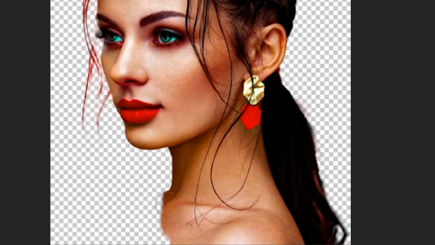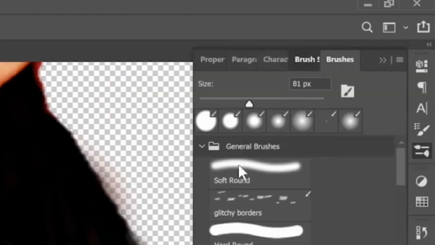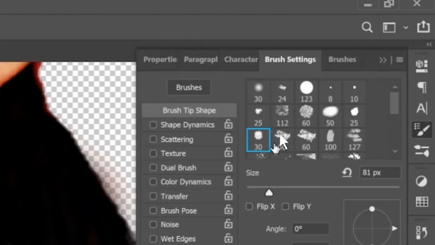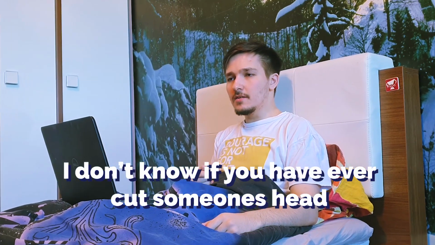Yeah, I know, I'm a monster. First, we're just gonna use mask in order to hide some parts. But now we're gonna go to brush settings and select a different type of brush. As you can see, I'm selecting this type of brush, which is not rounded, but more like, why, you may ask? I don't know if you have ever cut on someone's head, but